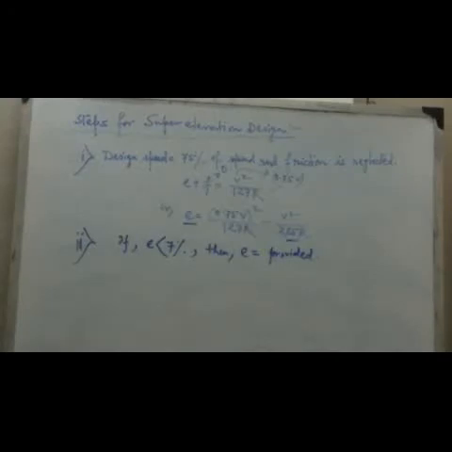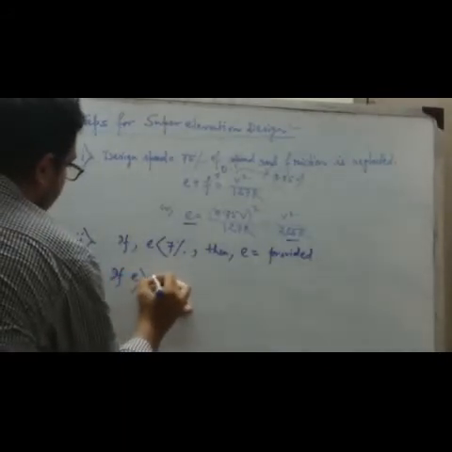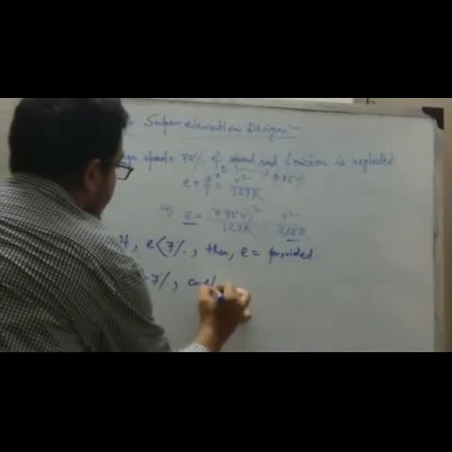And if this value exceeds 7%, that means 0.07, then we can provide the maximum super elevation, that is 0.07, and for that case we have to follow step number 3. That means if e is greater than 7%,